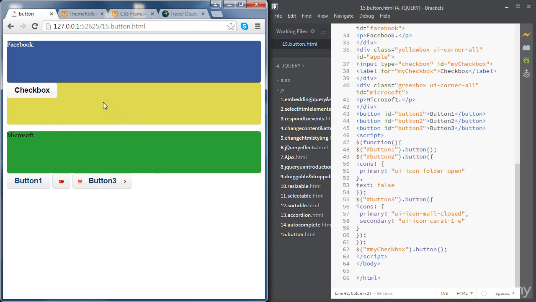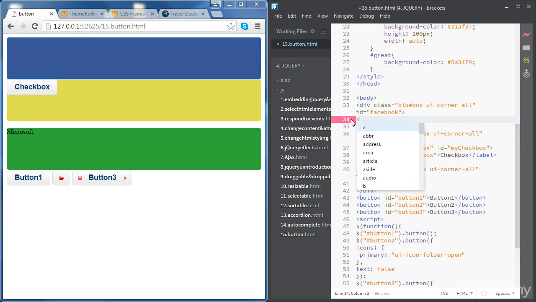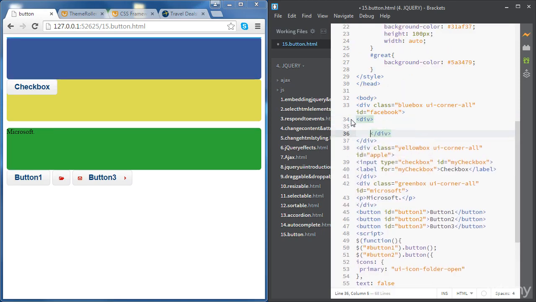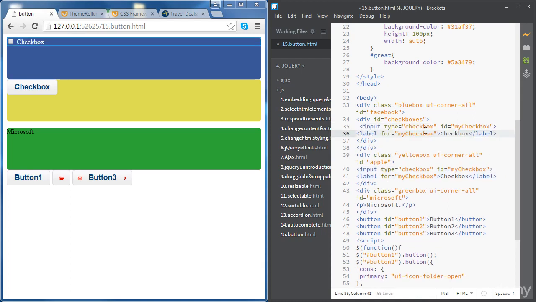So this time we'll create a checkbox form with many boxes, and we will style those boxes all together. So let's go to the Facebook div. So we'll create a new div in here, and we're going to give it an ID. So let's call it checkboxes, and then we will put all our inputs inside. So let's just copy paste this one for now. So the type is checkbox, and let's give the first one an ID, checkbox 1,